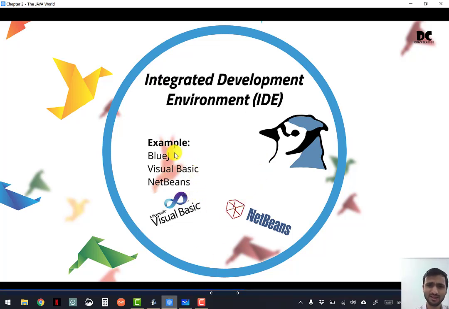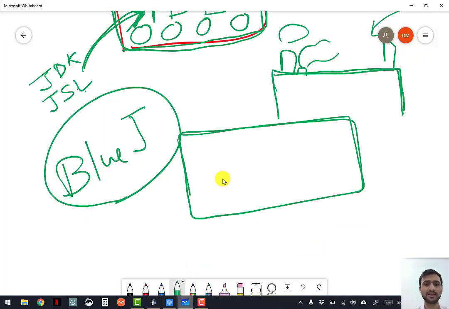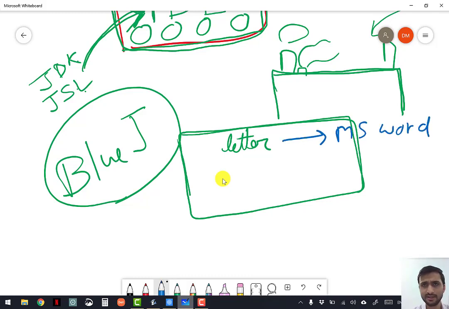Similarly, there are more examples of IDE like BlueJ, Visual Basic, NetBeans, and all these IDEs are used for different purposes. For example, you want to write a letter on the computer. How will you write? You'll be using MS Word, right? You want to create a presentation. How will you do it?